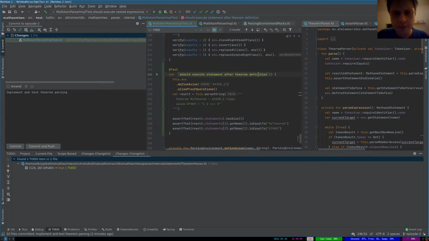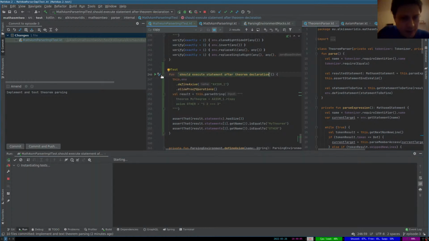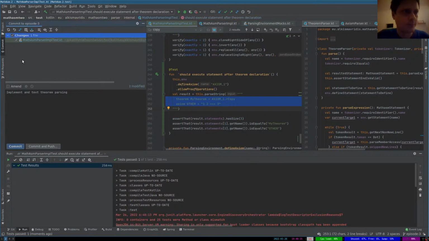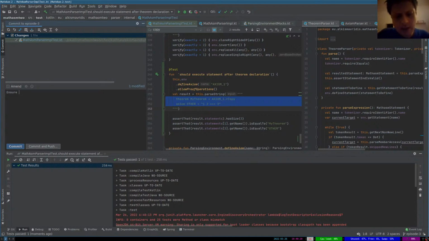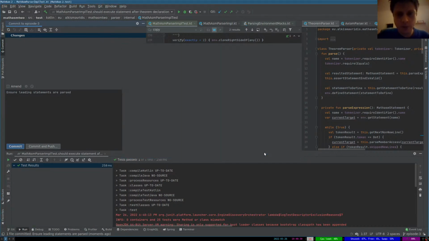After theorem declaration. So let's see if we successfully parse things that are after us. Yeah, okay. Seems good. Okay, and ensure state leading. Good. Okay. Let's push that, and then